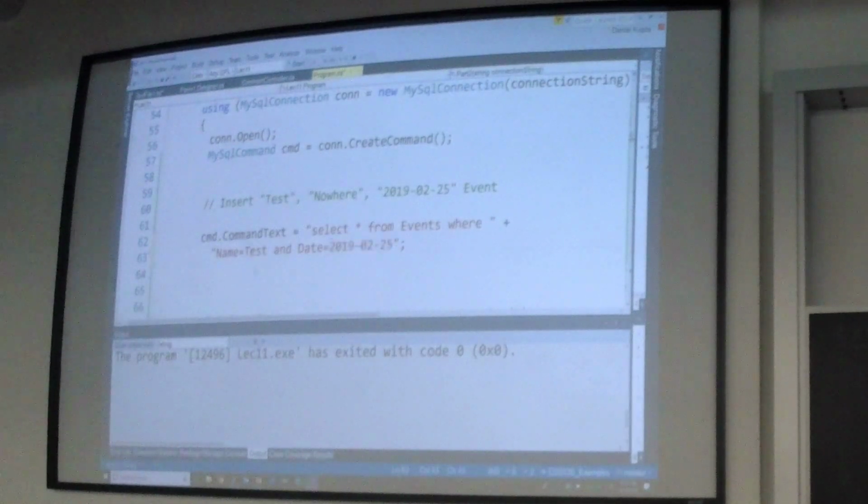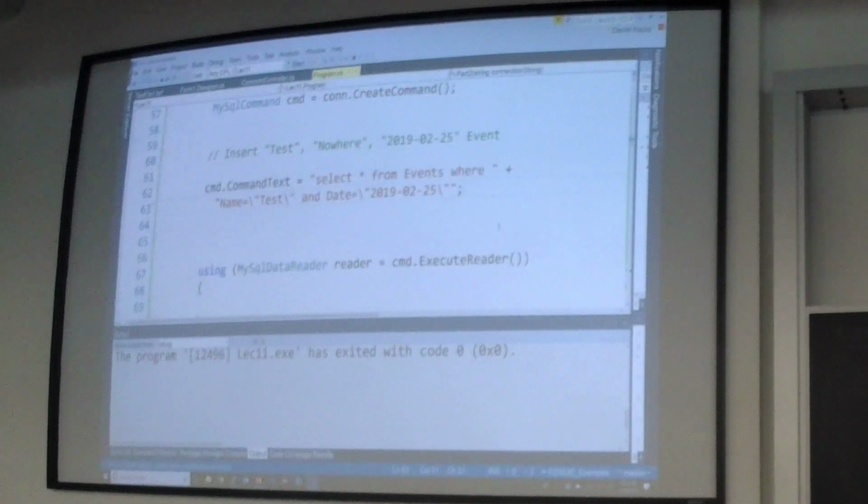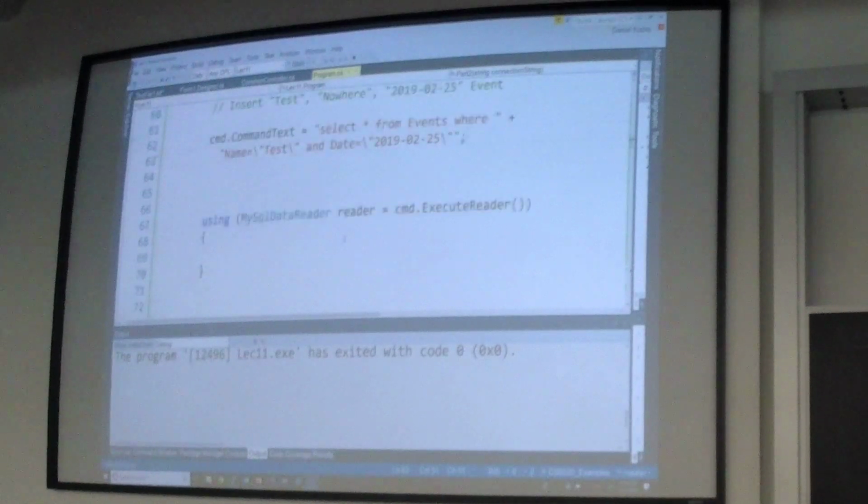So we have to actually put the quotes in and you have to escape them since the whole thing is inside of a C# string. With me? All right. And then we can execute the reader. And then basically we would do something like